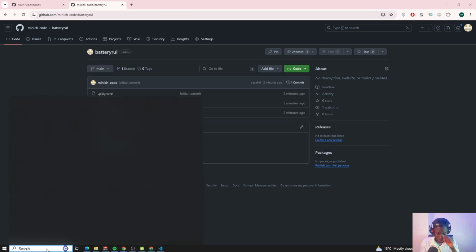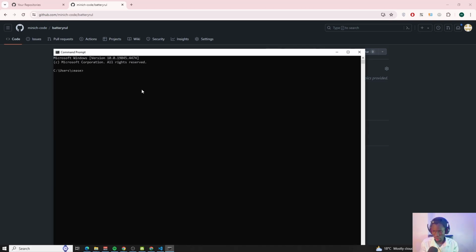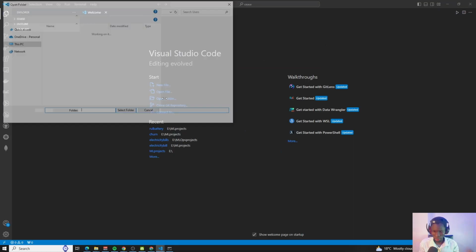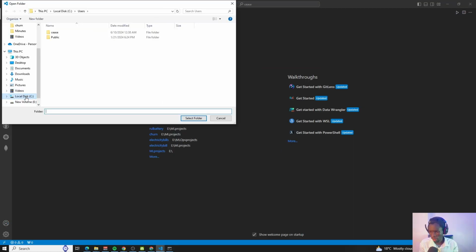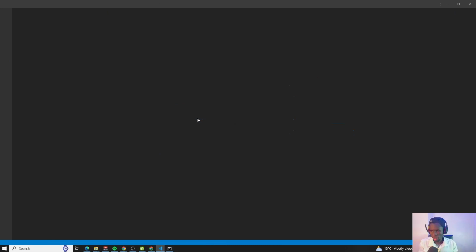Then we can open VS Code. So I can just open the CMD command prompt. Then to open an instance of VS Code, I'll just use the command code space dot. Then this one will open an instance of VS Code. Then in VS Code, I'm just going to go to the folder. So I'll open that folder that we have created, MLOps projects, battery rule. So we open this folder now into our Git,